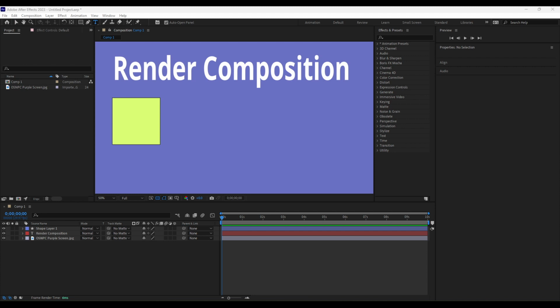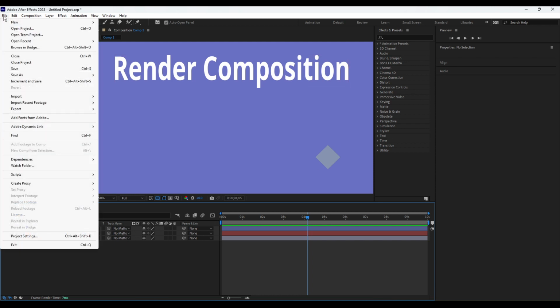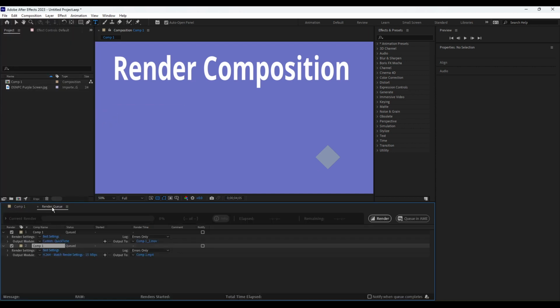This composition is pretty basic. It just shows off how to use some keyframes and does a little bit of animation with this rectangle. First thing I want to do is render this as an MPEG, which does not support transparency, but I don't have any transparency in this composition right now. So we're going to go up to the File menu, and then we're going to select Export and Add to Render Queue. And you can see that popped up another window down here in this panel for the render queue,